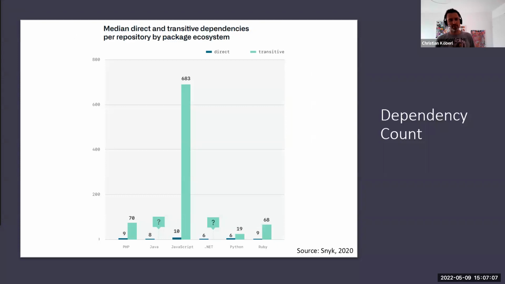The other thing is dependency count. There's this Snyk study from 2020 where you can see the dependencies of your dependencies, actually. So these are the packages that are in NPM or in Maven Central or in any other of the ecosystems. And you see that especially with JavaScript, you have a lot of dependencies. A typical JavaScript package has 10 dependencies, is the median value, and 683 transitive dependencies. So there are some packages that have lots and lots of dependencies, and